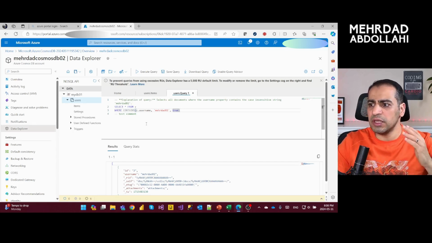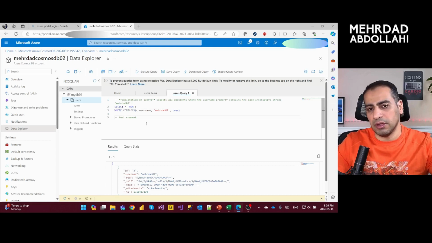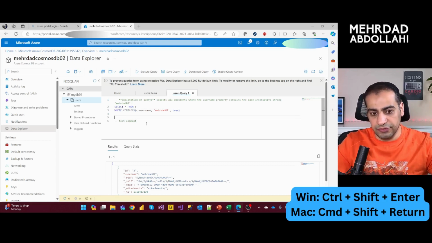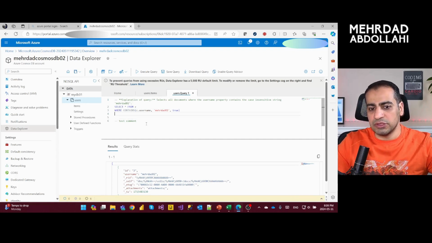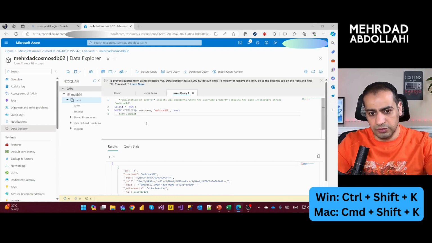For that one, we use Control Enter. It is going to create one line below. And for creating one line above, Control Shift Enter. The other one will be, if we want to delete the current line, we say Control Shift K. Control Shift K for these 2, 3,